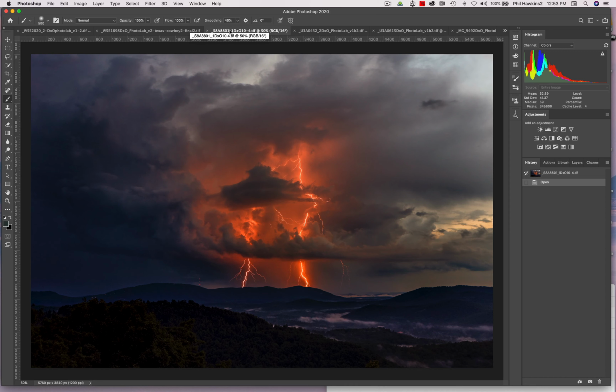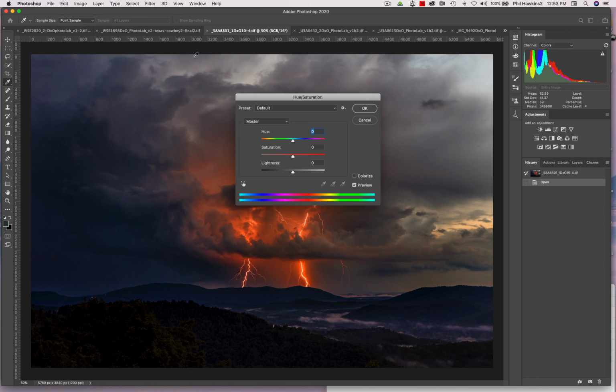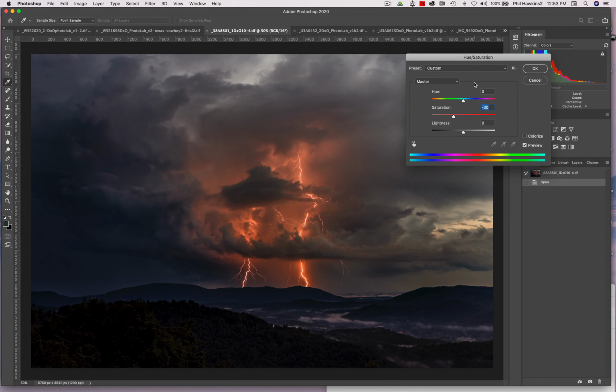Now let's go to another image, and this is one that I worked on for a very, very long time. And as I look at it now, I think it's just a little bit oversaturated, so let's go up and deal with that. Let's go to Image, Adjustments, Color, Hue and Saturation, and I think what I want to do is just back off ever so slightly on these saturated colors. Now, one good thing about this hue slider is that you can adjust the hue and very easily make